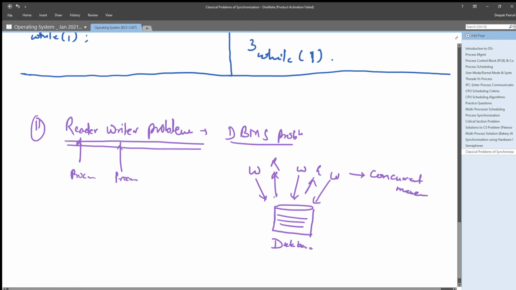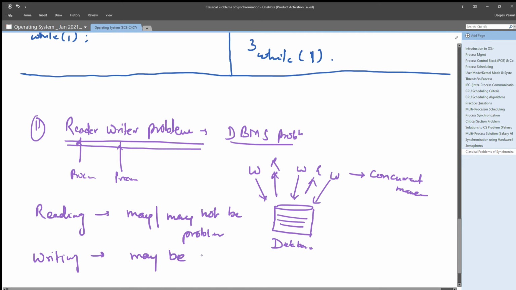So what is the problem here? If you are reading the value, there may or may not be a problem, but at the time of writing there may be a problem. Why?